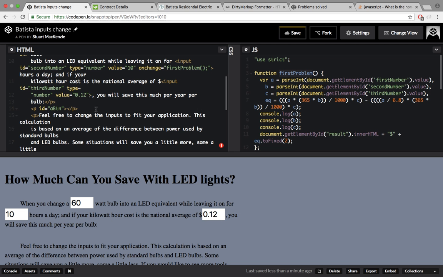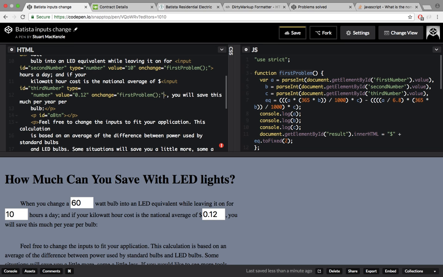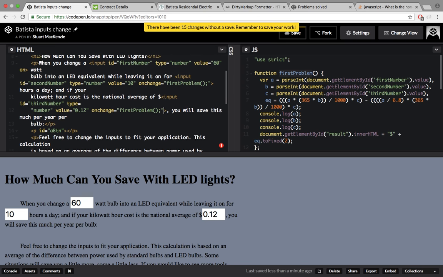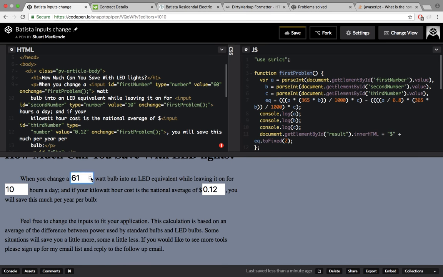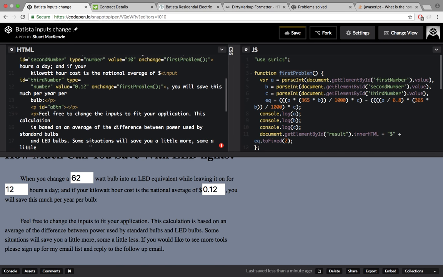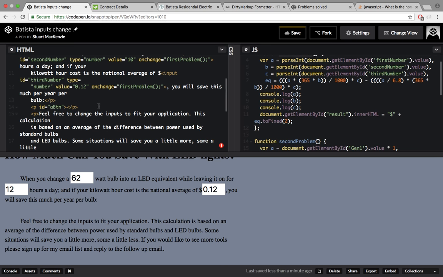So add it to each one, call first problem, and our value is equal to 60, and on change first problem. So now as each of these change, that's right, we need our result. So I'm calling it result. So what we'll do is you want to put